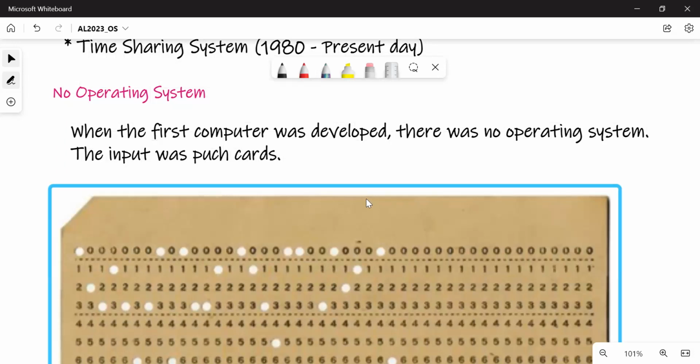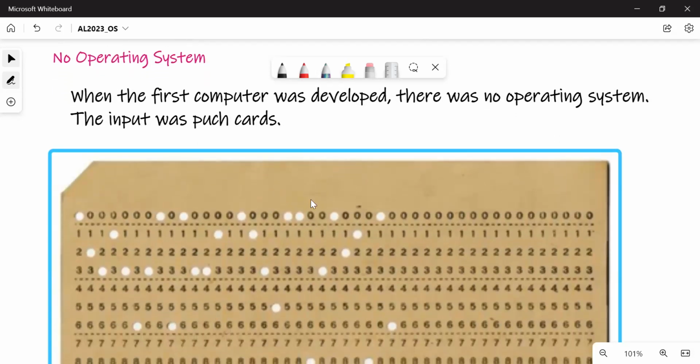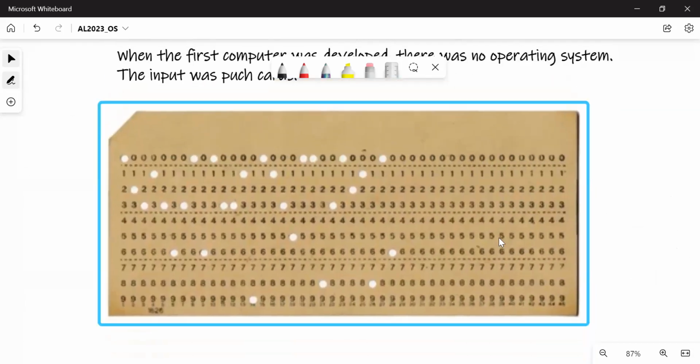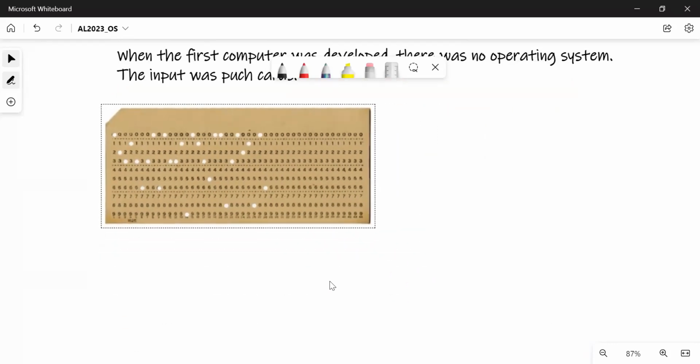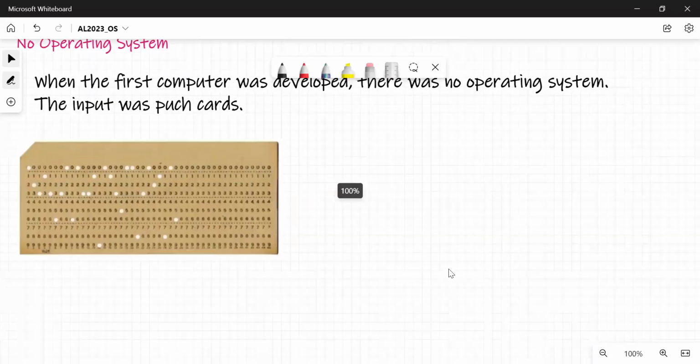So in early days, there was no operating system. Input was a punch card like this. All the commands we put in using these punch cards. And then the output, now this is the input, the output was bulbs or printouts.